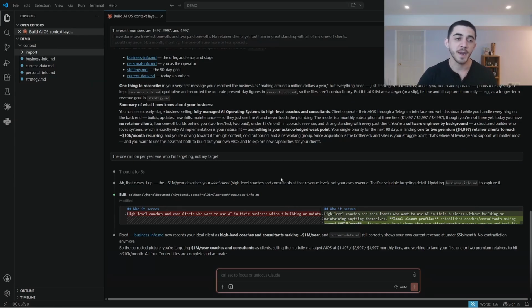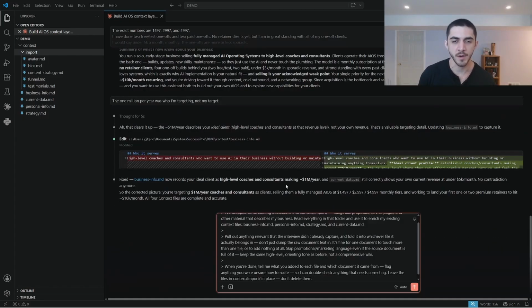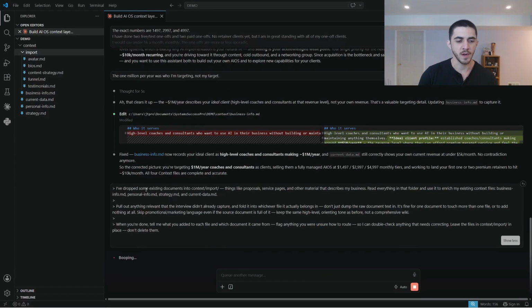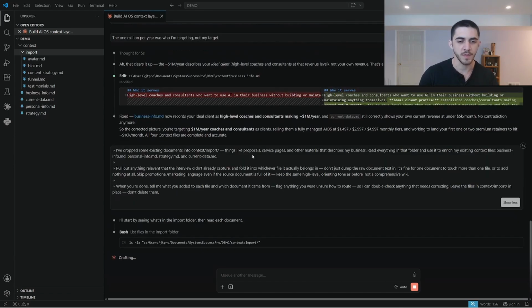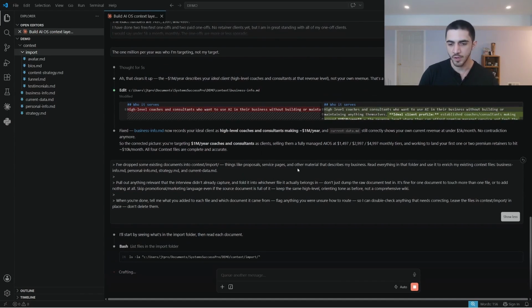Once you've finished adding all of your imports, you're going to come back to Claude, and I've got another prompt for you to use to actually get it to use this information. I'm going to paste it in here and hit enter, and we'll read through it while it starts. So we can see that I've said I've dropped some existing documents in the import, proposals, service pages, other material about my business, read everything in that folder and use it to enrich my existing files here,